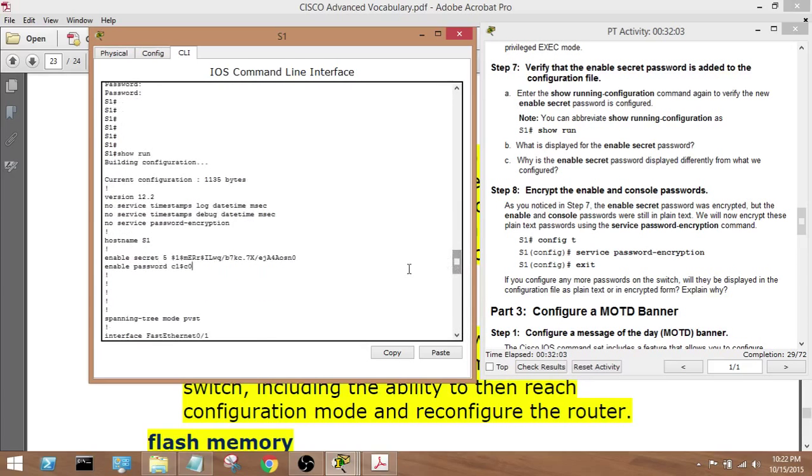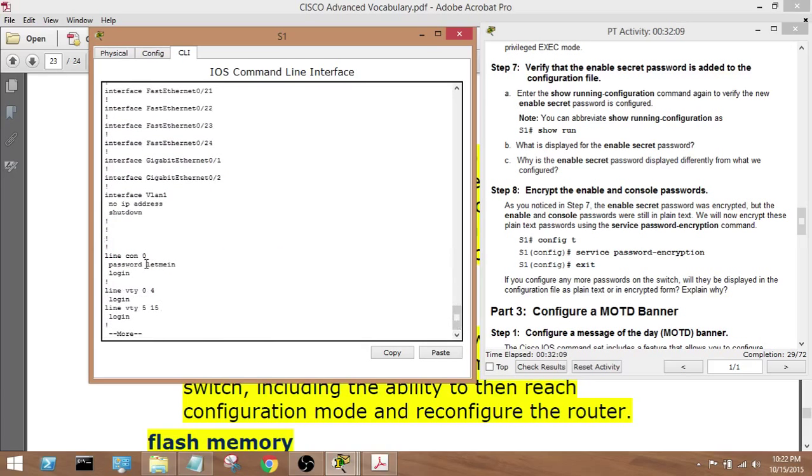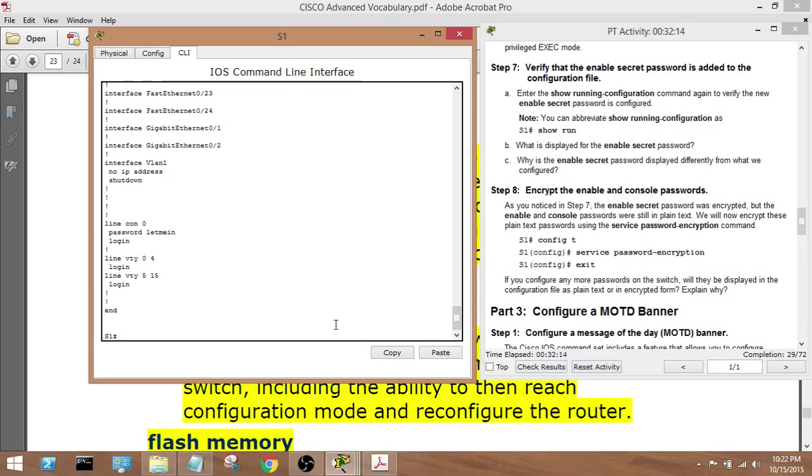Okay, but we still have this password that's clear text. This one right here. And we also have this password, which is also clear text. So we want to go ahead and encrypt the rest of the system passwords, okay? For that, we want to make changes again. So again, configure terminal,